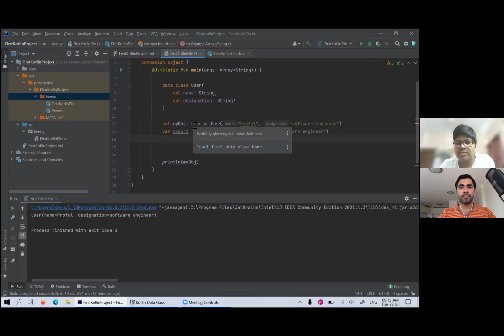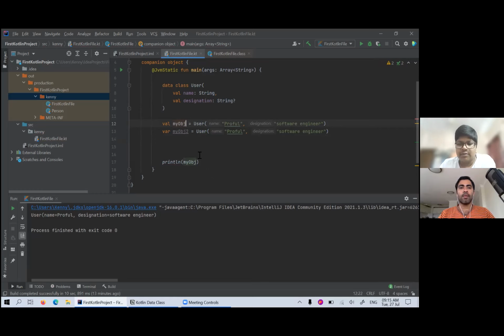It is not actually necessary in this case, because IntelliJ is very intelligent, and it is telling us it is redundant. But in a different case, where we might have a var which is not initialized initially, we can give it a data type, and then we make sure that later, if we assign something to it, it will be of the same data type.